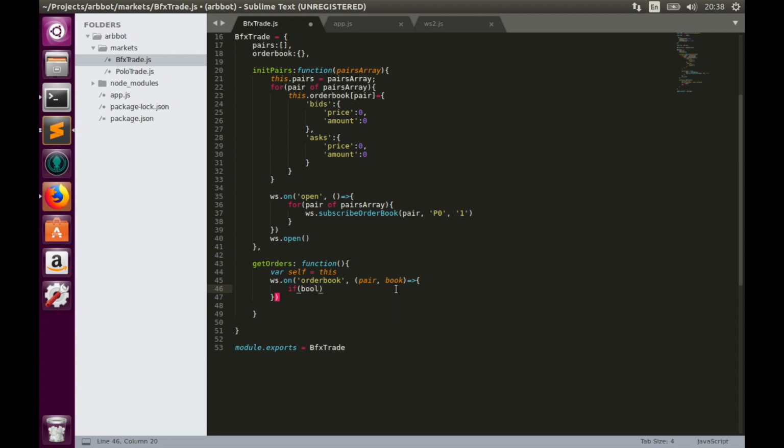Book, first row, third element with index 2. If this element is greater than 0, then we need to update the bids part. So self order book, pair name, but remember we need to remove the T prefix, so substring first element, bids,